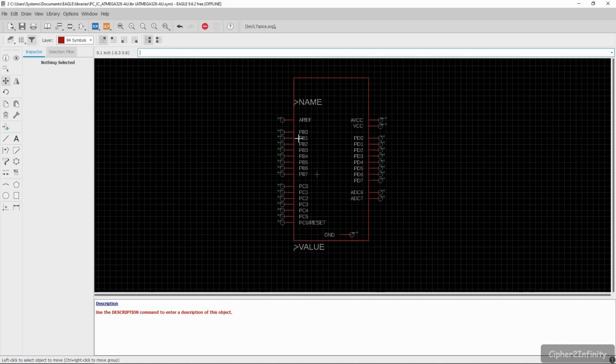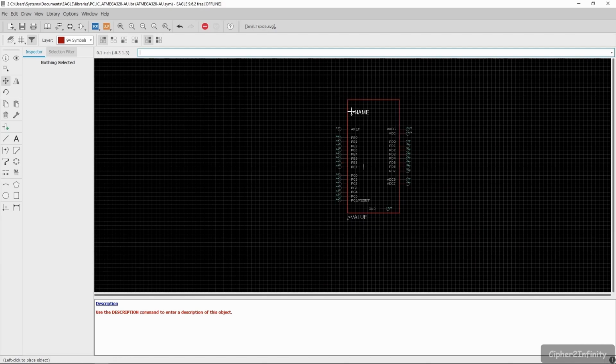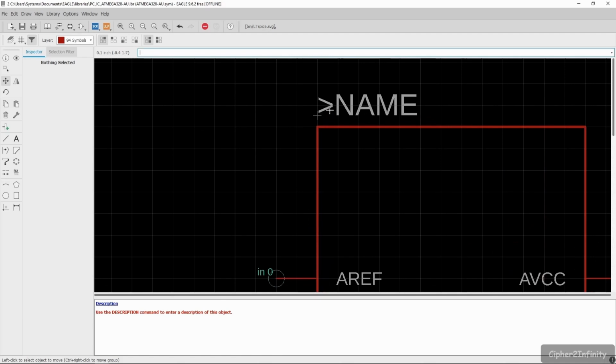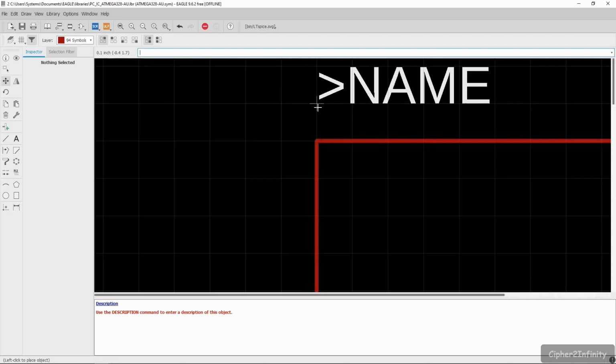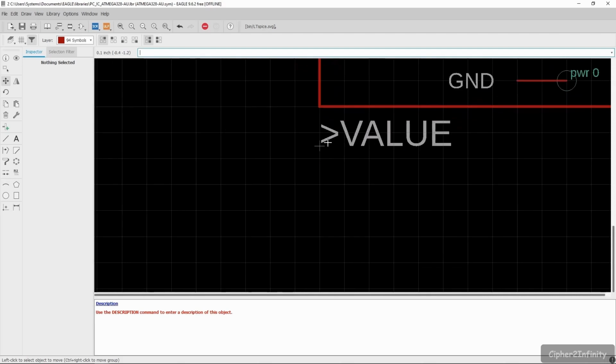After that, I'm going to move this particular name, this is the name of the IC, or basically the symbol. If you see here, this name is actually not on the grid. So you have to press the control button, then you will be able to place it on the grid. In the same way, this value of this symbol is not on the grid.